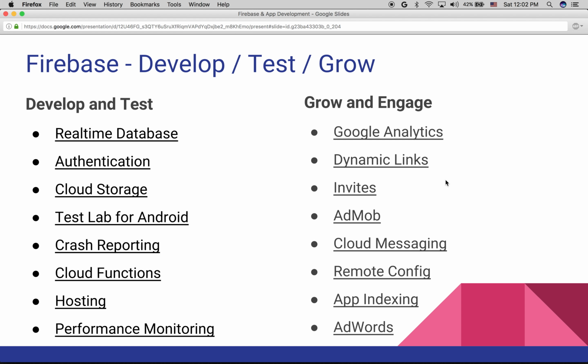Even feel free to reach out to me anytime. We can have a separate discussion if you are interested in anything. Okay, personally I felt amazed after seeing Firebase, because I developed several mobile applications, and I struggled a lot. I want to develop a mobile app, and I want to store some data in the server. I need to retrieve it, and my server guy has to create some APIs, REST APIs or something.